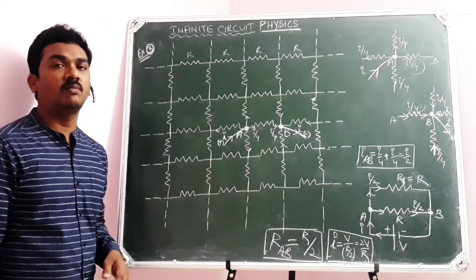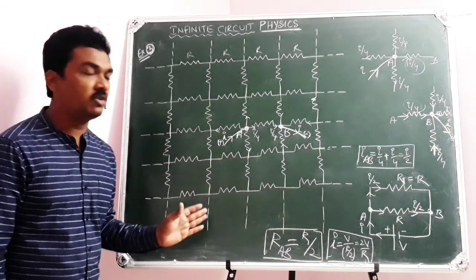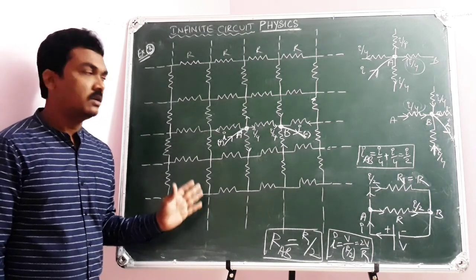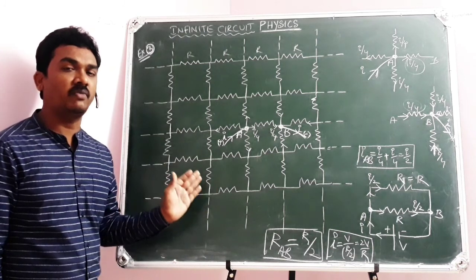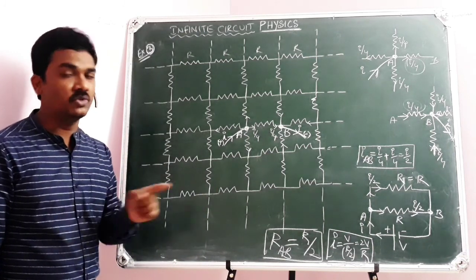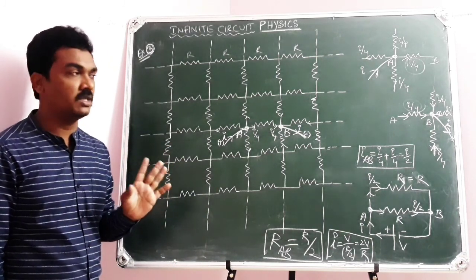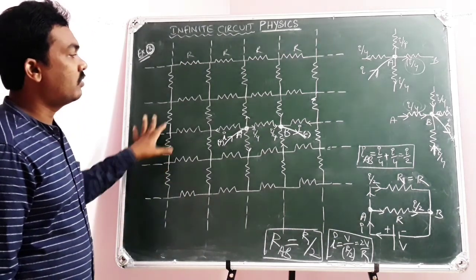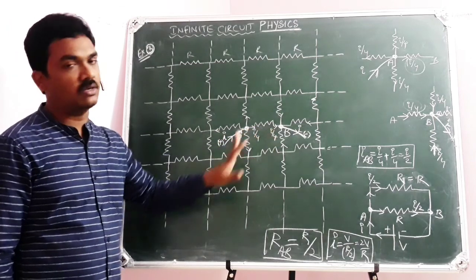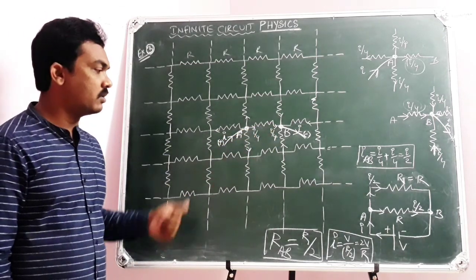So this is another model of a question. No question is going to be repeated. I think you can see no question is going to be repeated. Each question is different from the other, but the concept is going to be repeated. No doubt in that. So this is another interesting part of the question, to calculate equivalent resistance across AB. Hope you have got clarity.